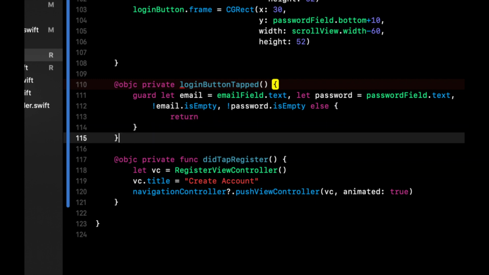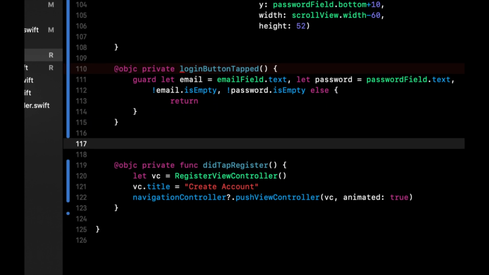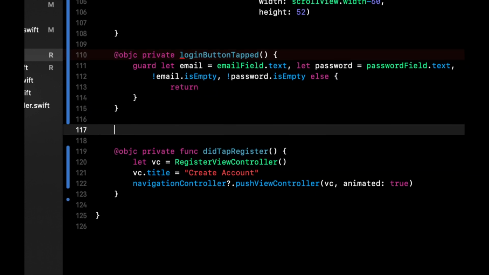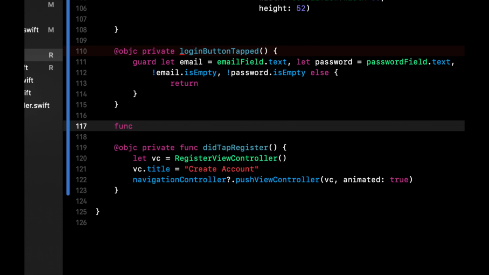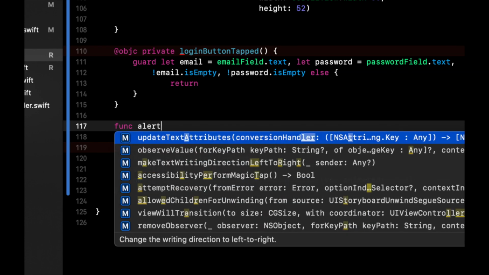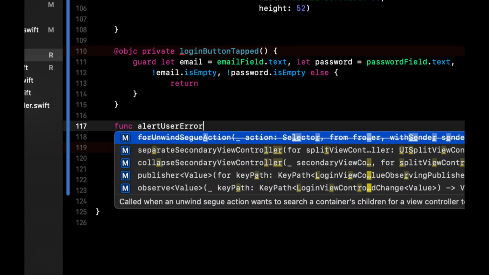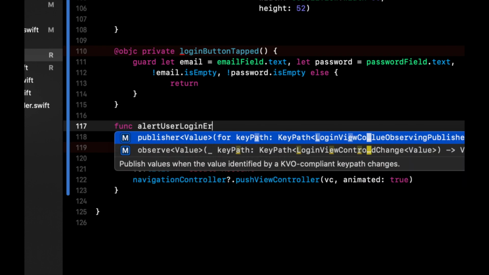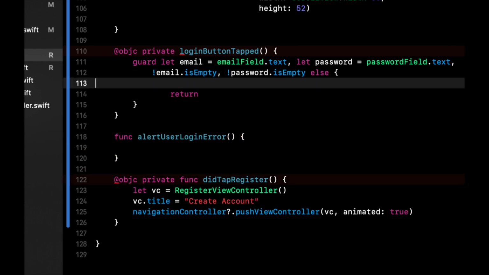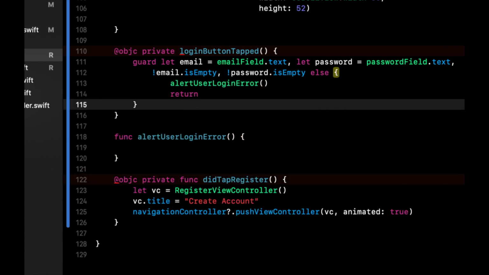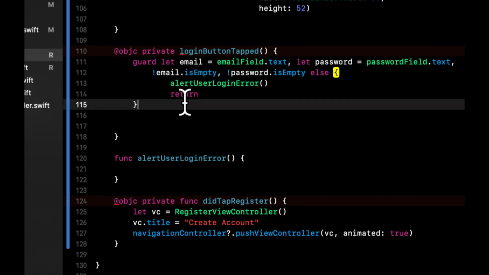like so. And we also probably want to tell the user you need to enter all the information in before trying to log in. So let's create a function called alertUserLoginError, and let's call this in here. And if all the text does indeed exist,